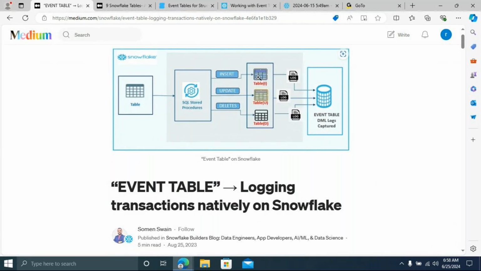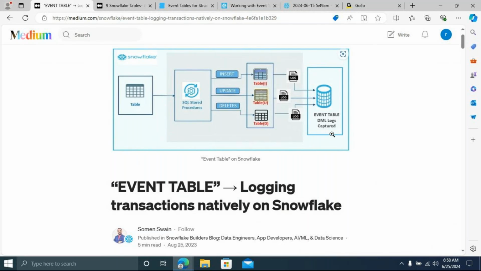Whenever inserting, some data type issue may occur; some issue may occur in update or delete. All these logs will be captured in which table? In the event table. All DML logs will be captured in this table.